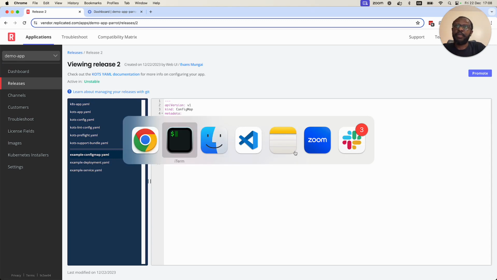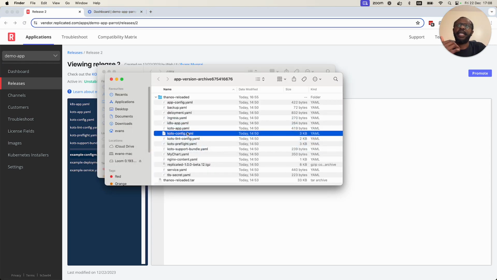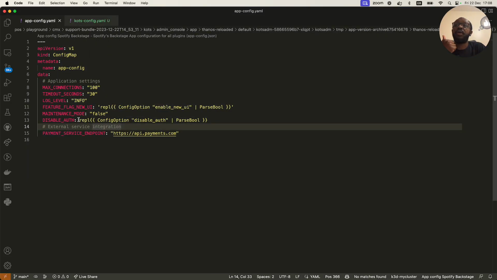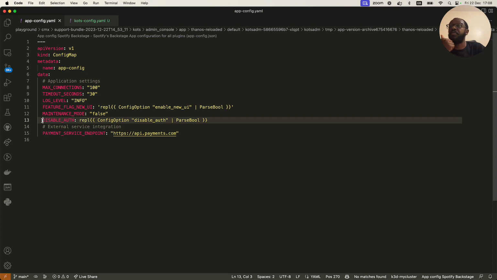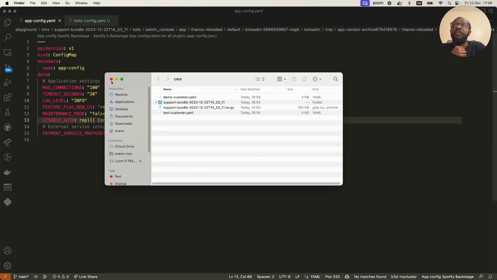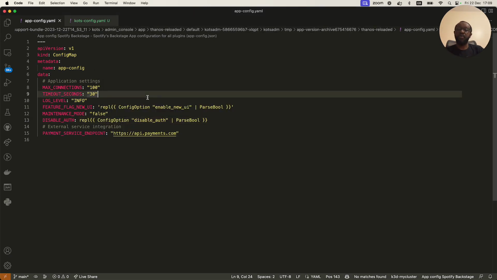And now we know what the problem is, and we'd go back to the customer and the customer support bundle, which we looked at here. Since we figured out the root cause, we'd go back to the customer, take a look at their release, propose the changes that they need to make, and move on from there. So from this demo, I hope you've gotten to see how we interact with